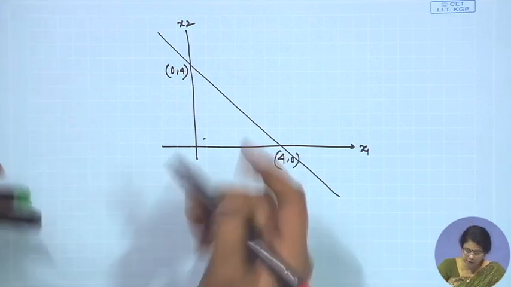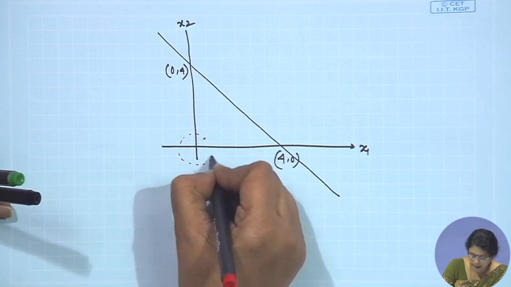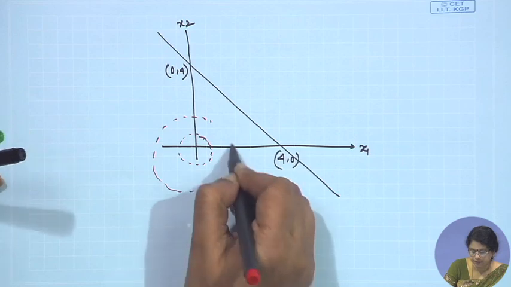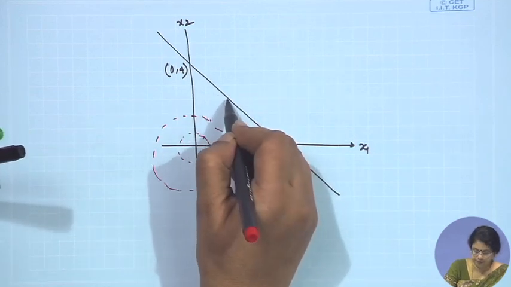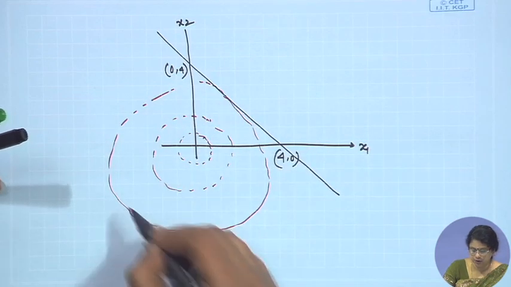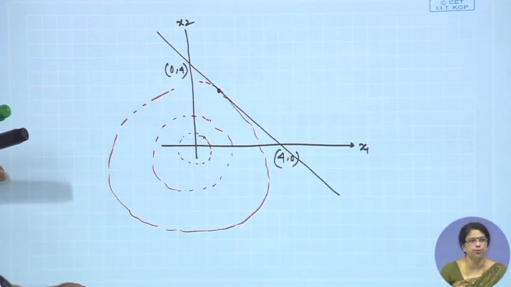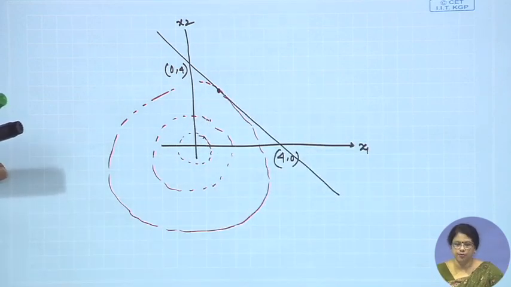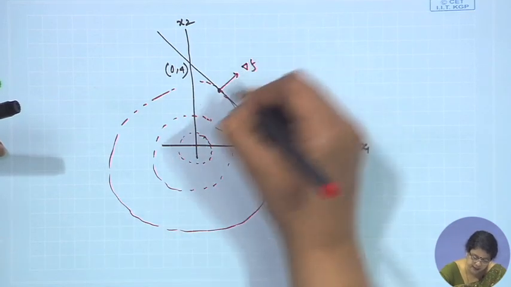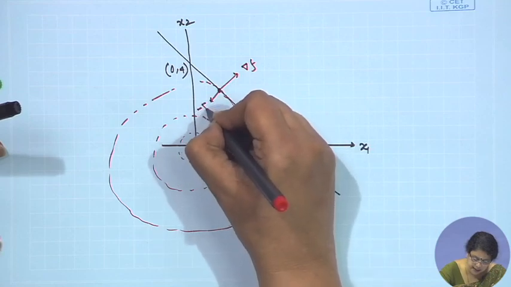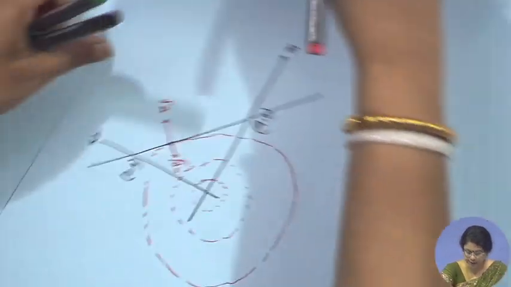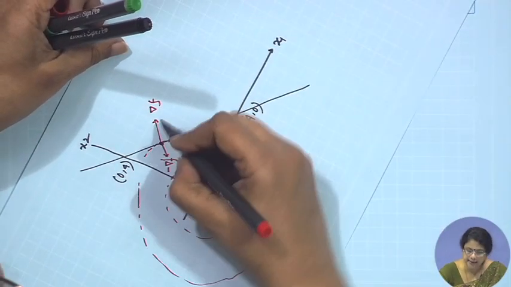That is why my objective function is centered at 0, a circle, and it is moving this way. Maybe here is the solution for you, all right, the optimal solution. What did you see? This direction is the grad f direction, this direction is the minus grad f direction, all right. Okay. At this point, if I consider